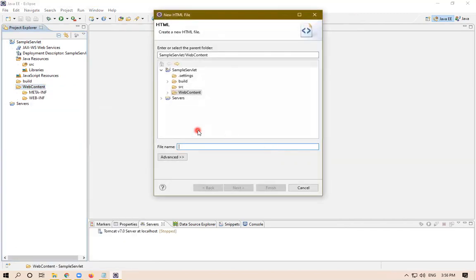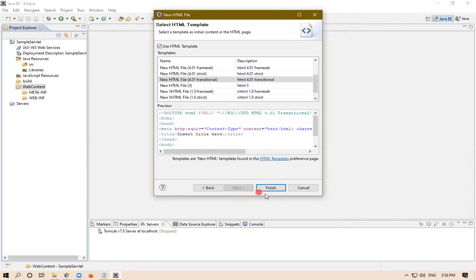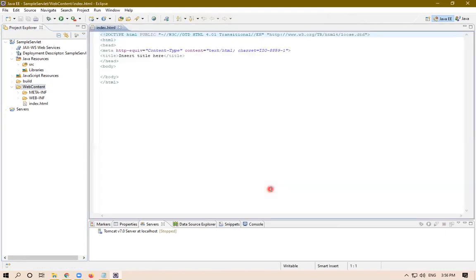You need to create the login page. So click on Web HTML. Here you have to give the HTML file name, index.html like this. Next and finish. My file will be like this. Here I am going to create my form. So form tag, action is equal to, you are going to specify the action name, then method is equal to post. This will be your form tag.